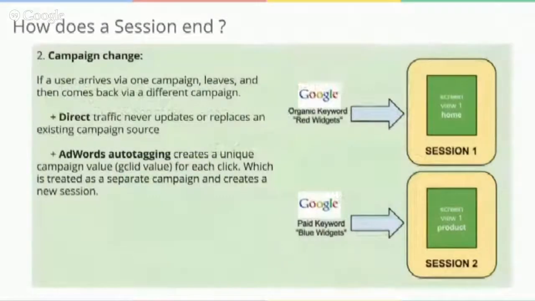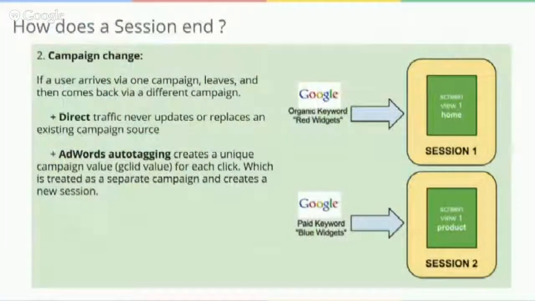Right. So how about a second way? The second way is based on campaigns. As I mentioned, there are a lot of metrics, a lot of events which can change the way a session gets identified. And one of them is the campaign attribution itself. One thing to keep in mind is that a direct campaign never overwrites a tracked campaign. So if I come in to the site as a paid search visit and I return to the site as a direct visit, it would never overwrite. I would be a second visit attributed to the first campaign.